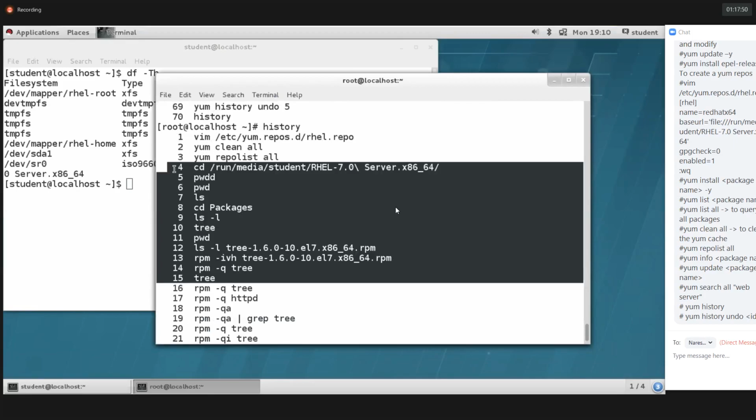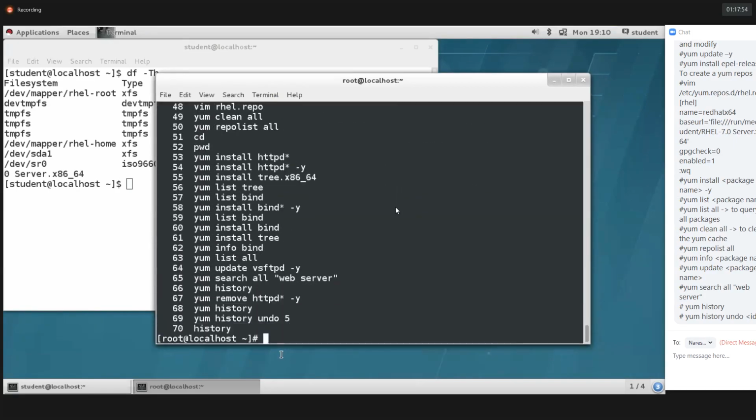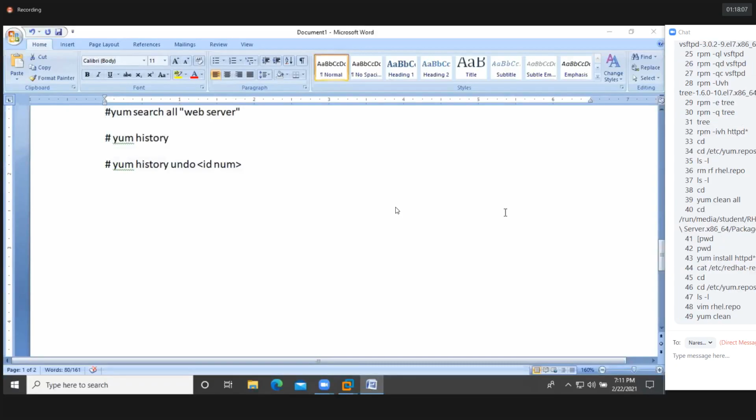So I hope you got it, guys. Tomorrow we'll start a new concept called disk management.